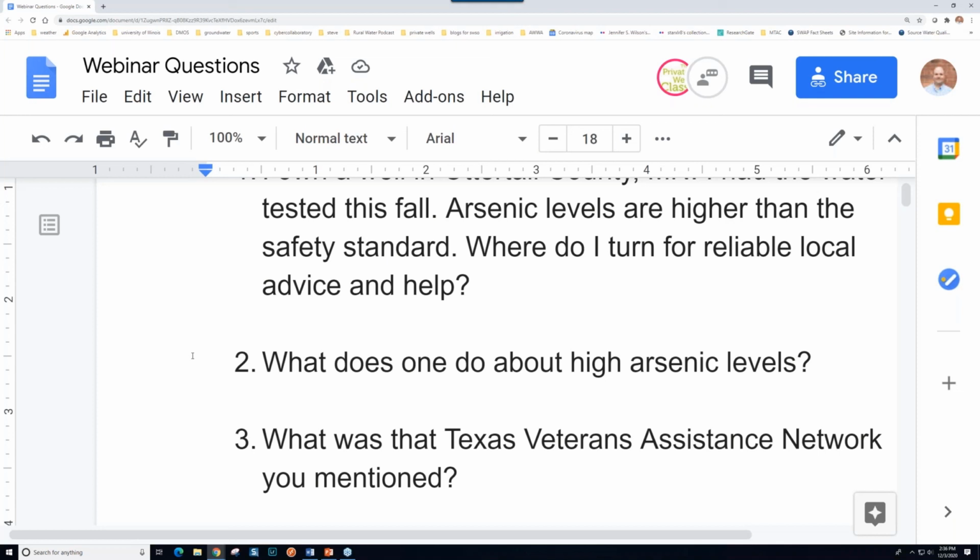If it doesn't have one of those three labels on it for the type of treatment you want, and for arsenic, I know because I deal with arsenic a lot, it's ANSI standard 53 and 58. If you look that up, ANSI 53 or 58, one is for cartridge filters, and the other is for reverse osmosis. And that's how you would treat arsenic if you're going to do it. There's probably other ways, but those are the two most common. And so you need a treatment device that does that.